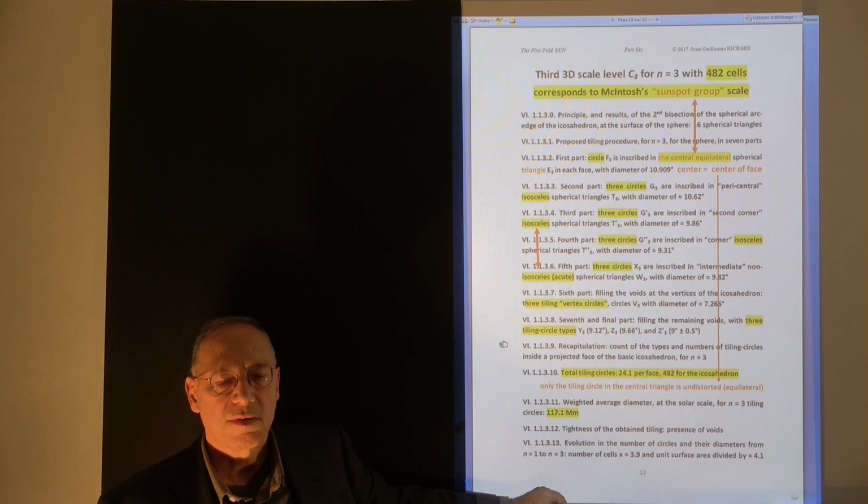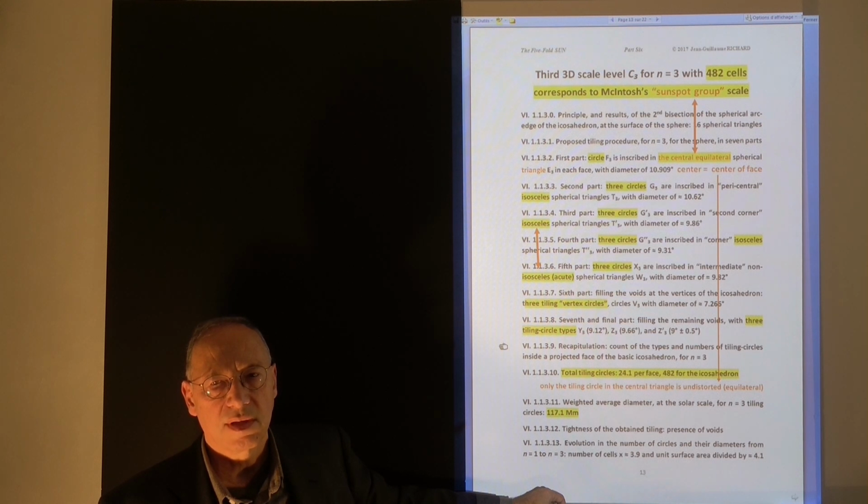And as you remember from a previous video, we found that actually the largest density, at least of large sunspot groups, is found at a latitude which is the latitude of the centers of the faces